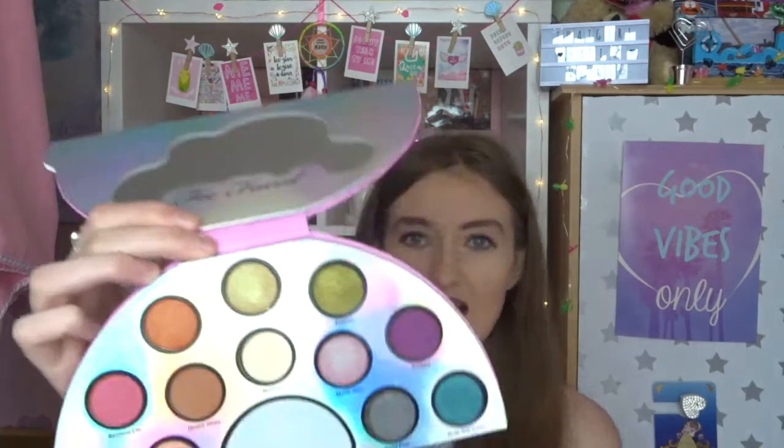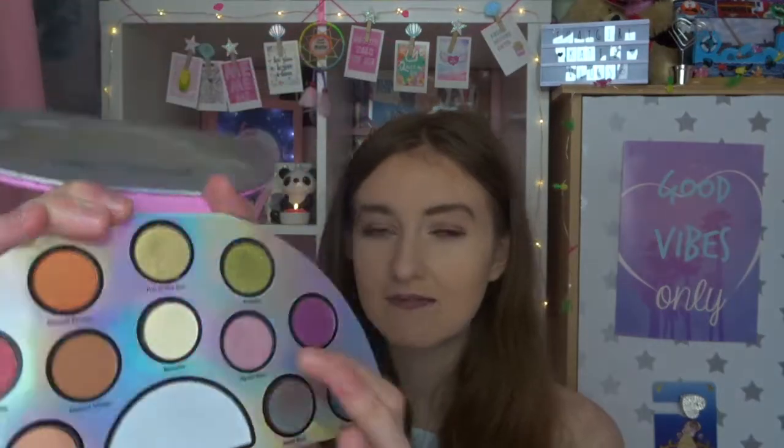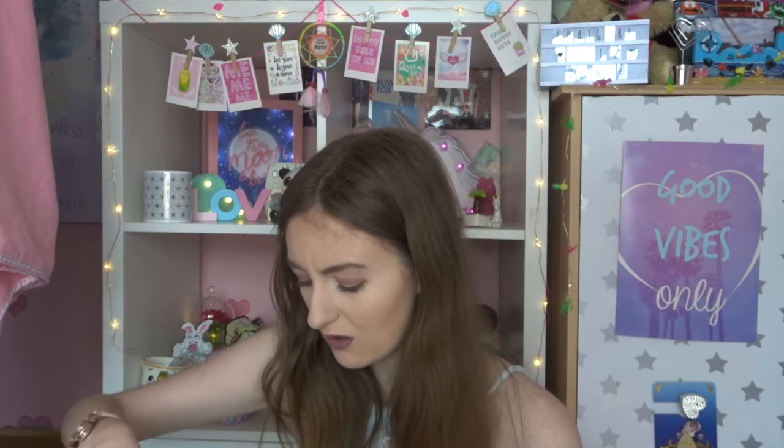So the palette is literally a rainbow, like how amazing is that, and it's all like 3D, each stripe on the rainbow. So then obviously it's got the glitter and the unicorn on, and then inside it's got all of these really funky holographic shades which can be a little bit hard to work with, but I just love the palette, so I had to have it. One of my favourites is this one called Mystic Rain right here. I don't know how well you can see that, but it's like a super holographic pink. So yeah, I think this works out at about